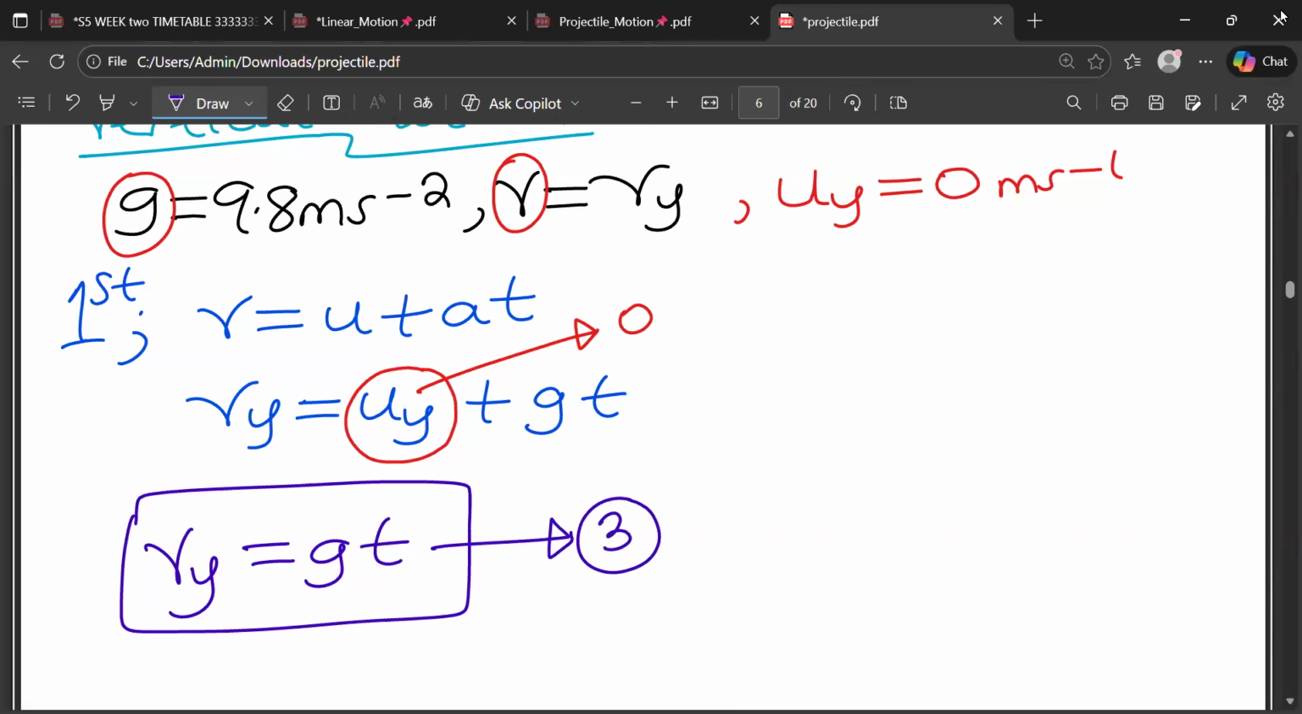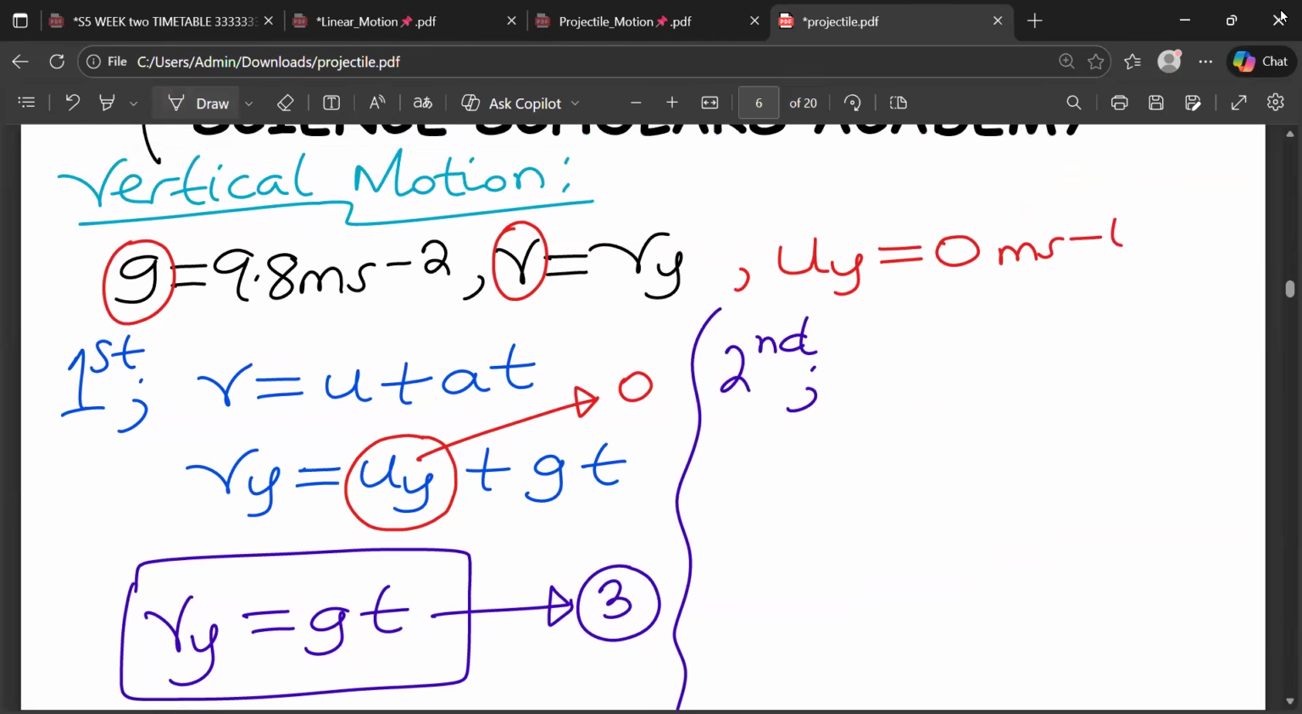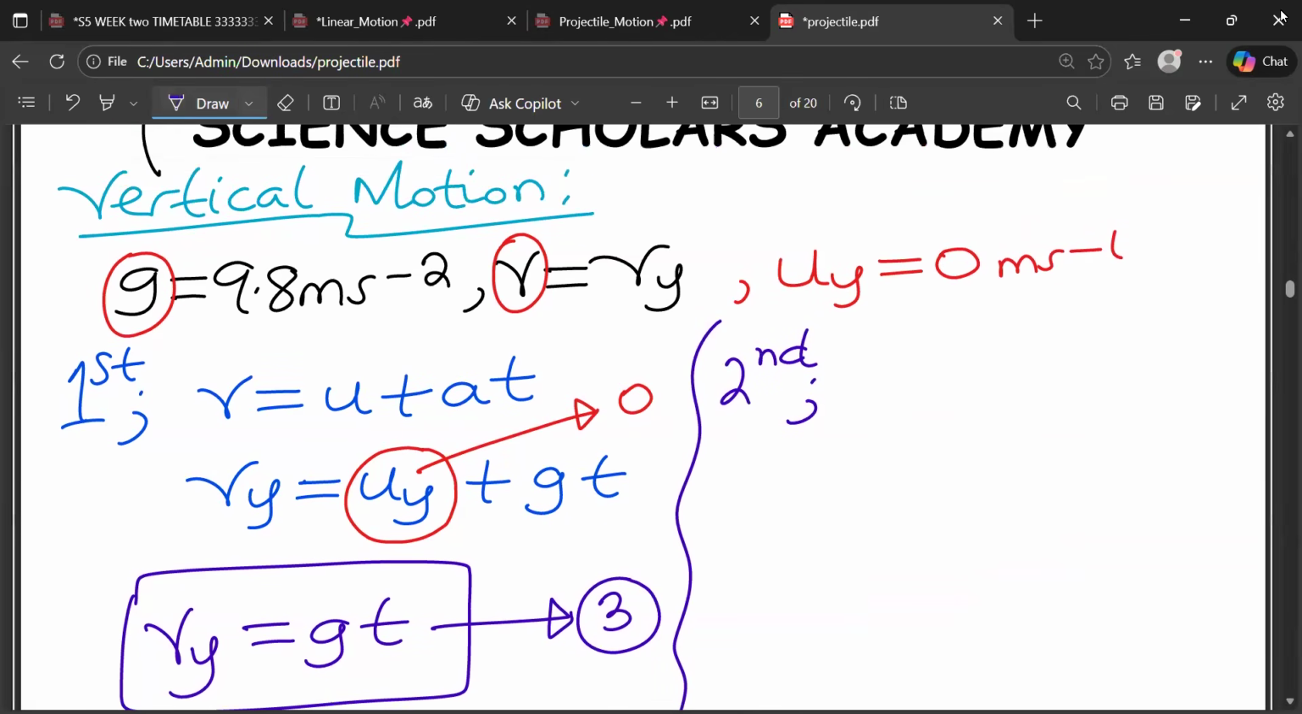You see that? The other one was a 0. So after that, I can now also use the second equation of motion. Remember, we are talking of the vertical part. So when I come to the second, it is S equals U T plus a half a T squared. Then you start with displacement, but in the vertical plane, it is